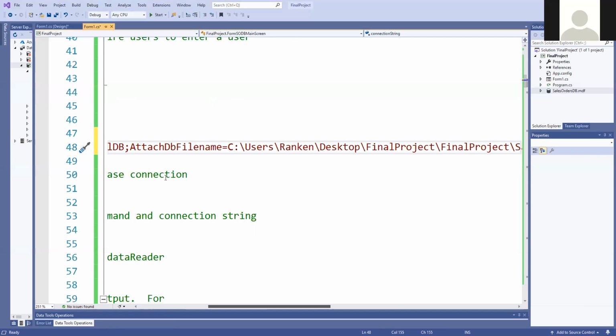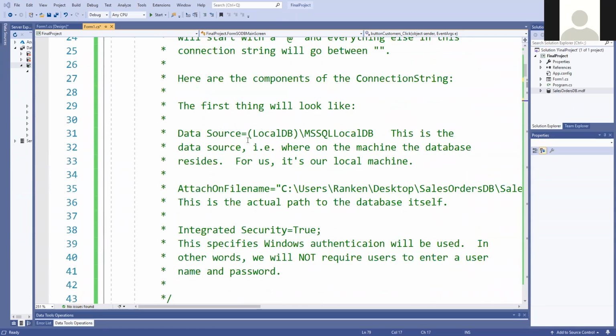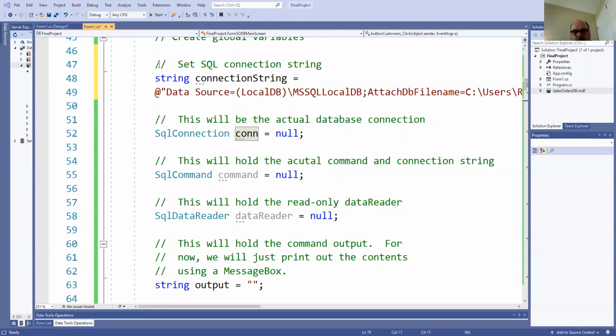Mr. Scott, we couldn't see which lines you uncommented. Okay, all right, so let me make sure. Let me get out to here and I will make sure. You see my code now? Yeah. All right, so the first thing we did was I added a comment here that just said set connection